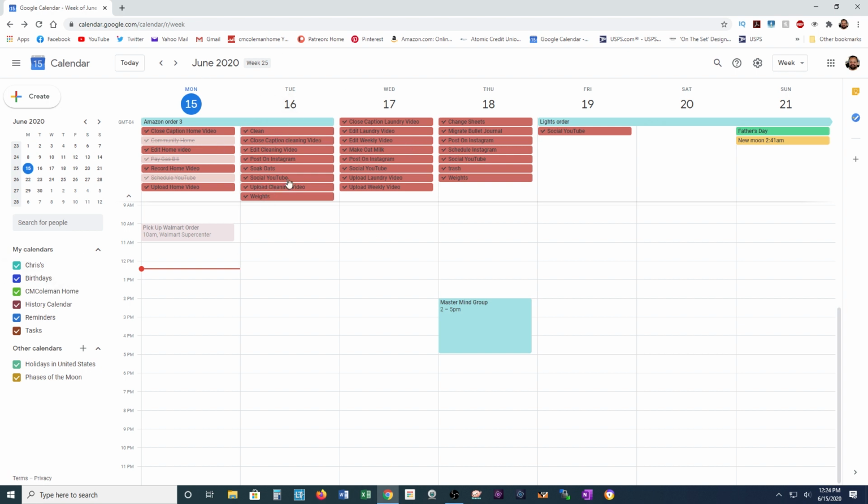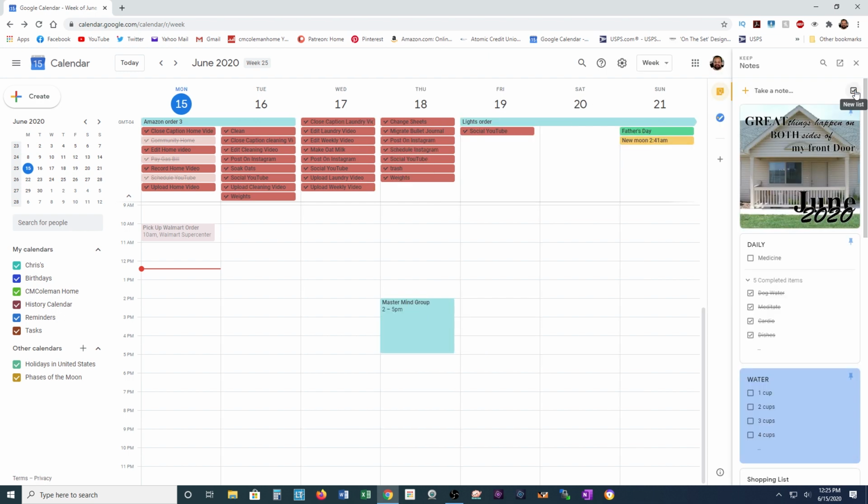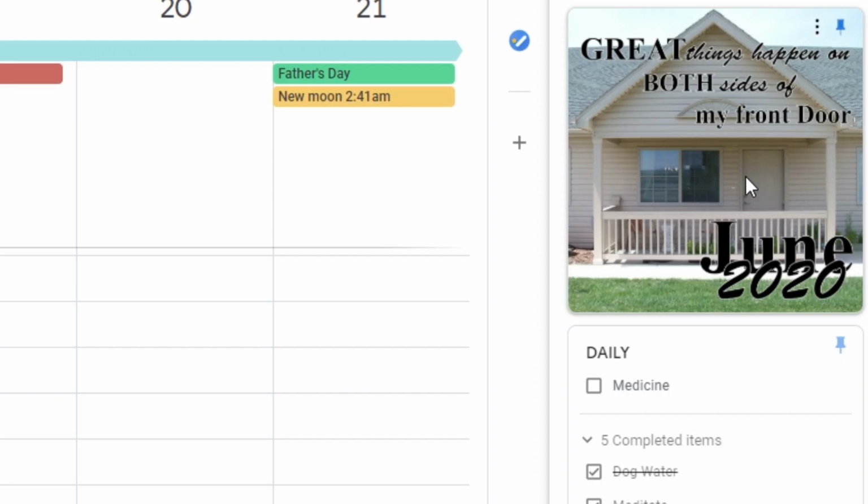Also in this, you will notice this really cool thing where I have an order from Amazon that's coming in. I can put that on my calendar and see when it's supposed to be here, or the fact that I went and picked up groceries today. This just makes my life so much easier. But there's also another cool thing about this, and we're going to go into this as I set up July's calendar. But when I go to Keep Notes,